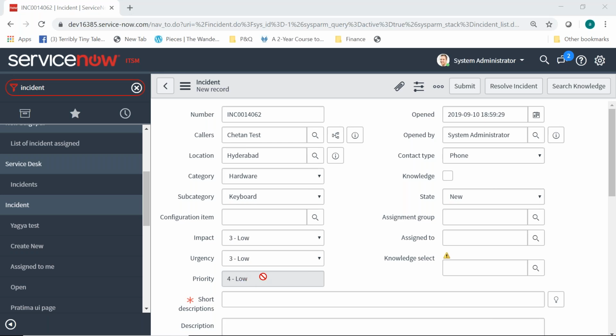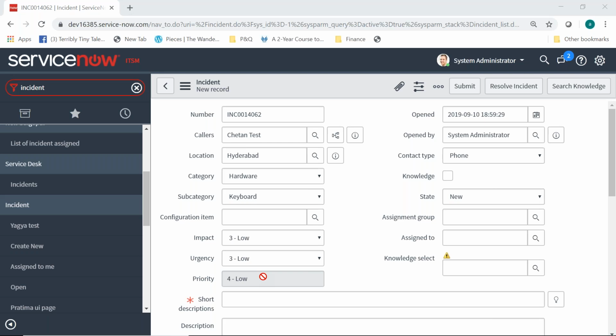How is priority getting calculated? If you can see, it is grayed out over here. We are never giving the option of priority selection to the end users directly. An end user will never be able to change the priority value directly, because if we do so, an end user can end up specifying each and every incident as priority P1.